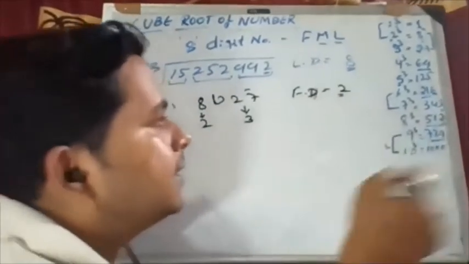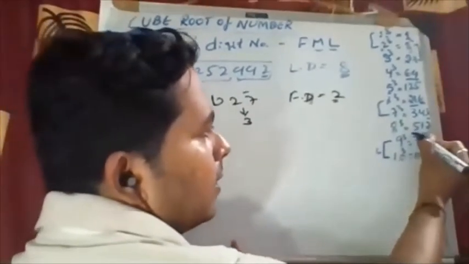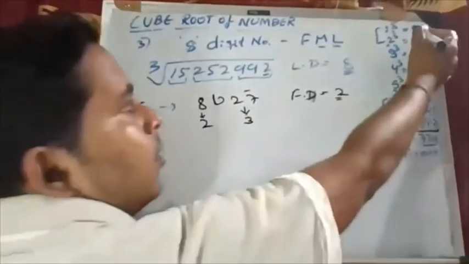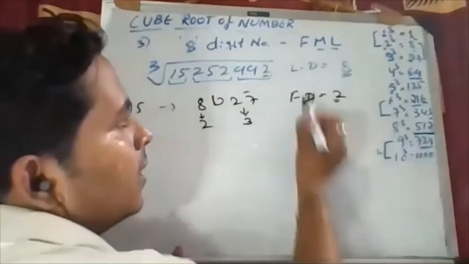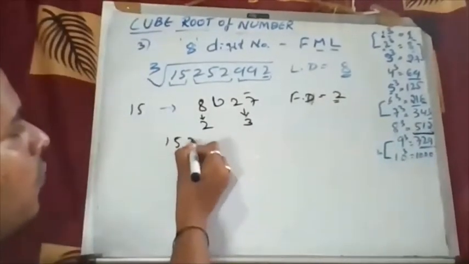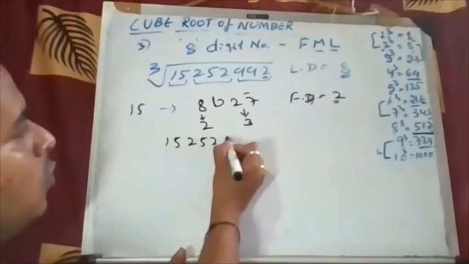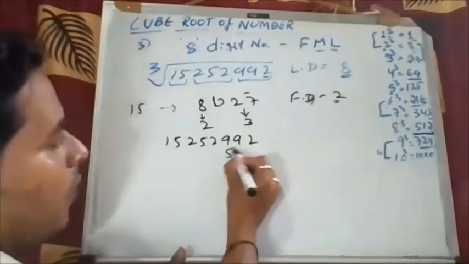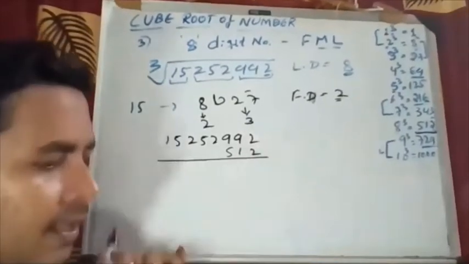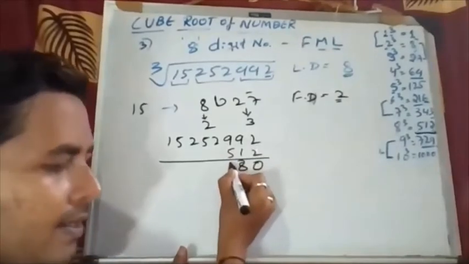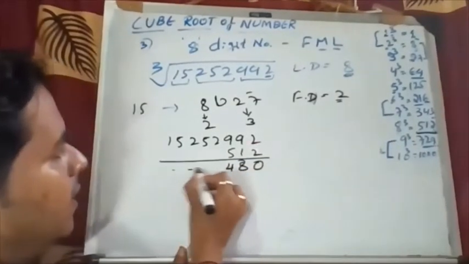Okay, consider this 518. I have told in the last also, हम लास्ट 7 डिजिट में क्या लिया था, 1 क्यूब लिया था. So here 8 का क्यूब है 512. Consider that 152,992. So 8 क्यूब का वैल्यू क्या है, 512 है. Consider that, then subtract here 0, 8 and here it is a 4 and minus.